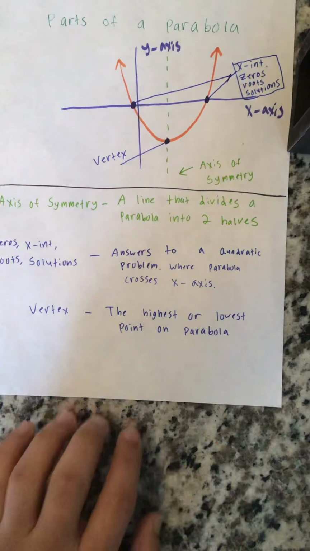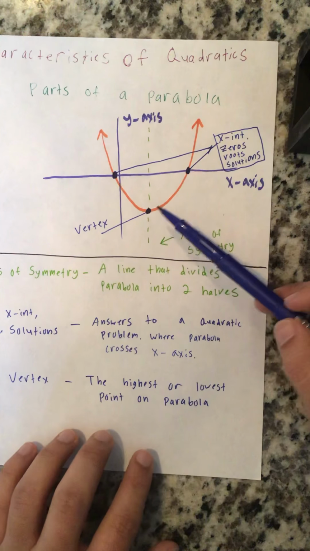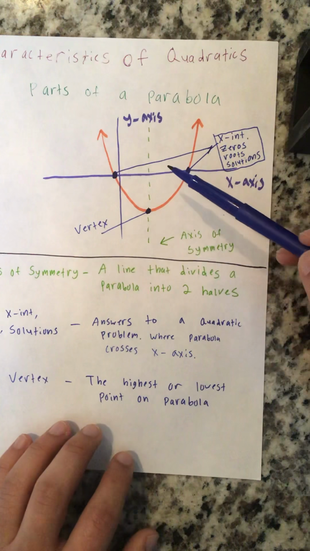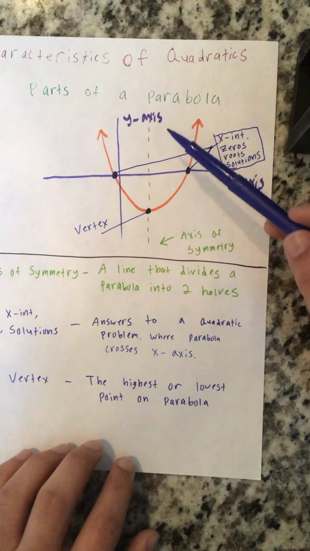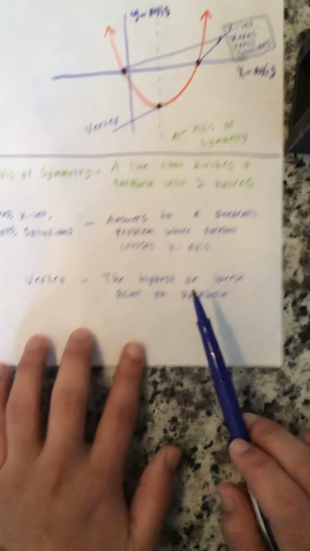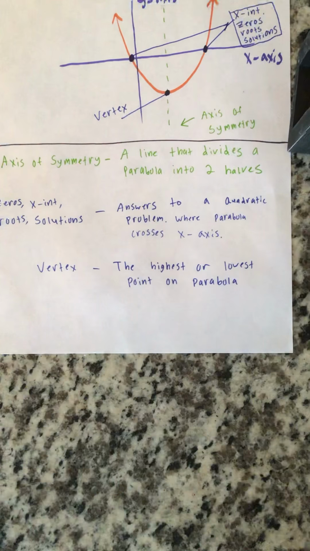Okay. So again, for this example up here, the vertex was the lowest point. But if we had a parabola that was an upside down U, we would have a highest point. So this one is lowest, and then we'll see examples where we have both. And then the last thing I want to write down